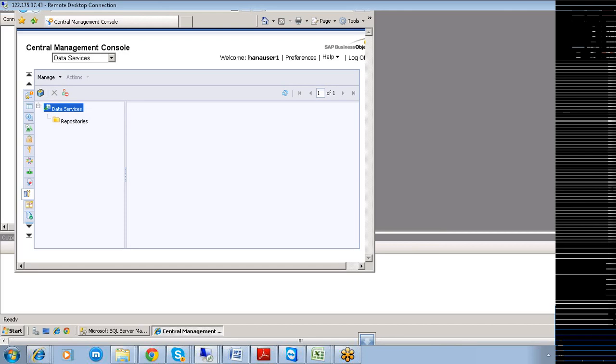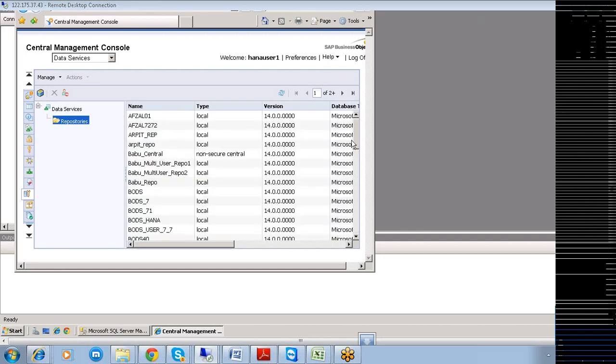If you want to know whether your repository exists or not, you can go to this particular repositories section.